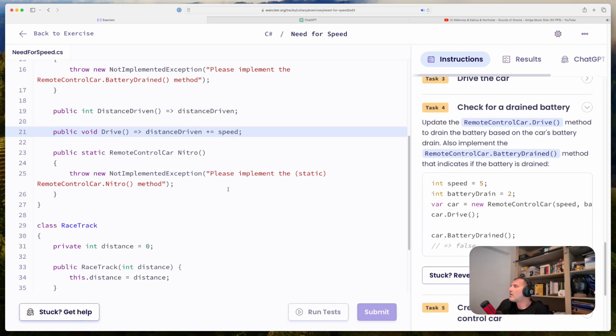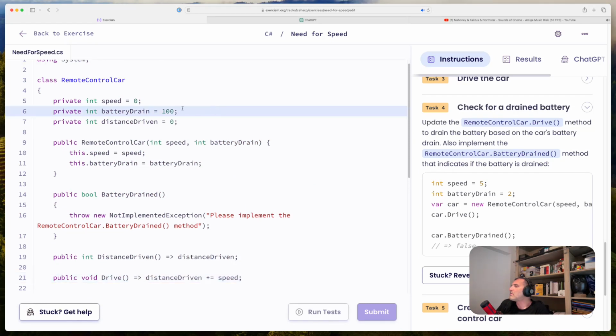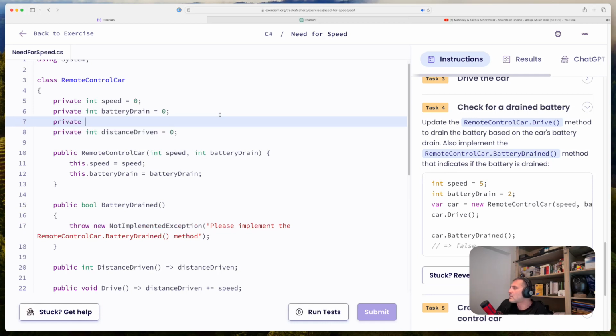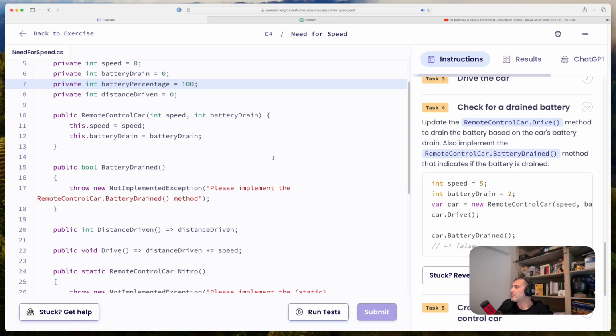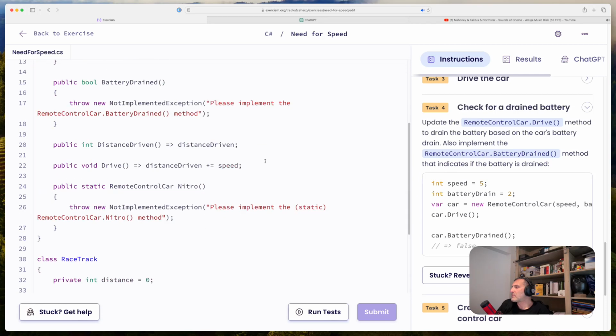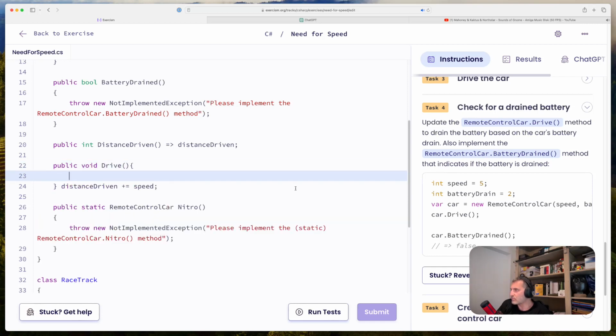Oh, okay. So maybe this is 0, private and battery percentage 100%. So if it's battery percentage, so drive basically, now I need to have a body. So this is basically